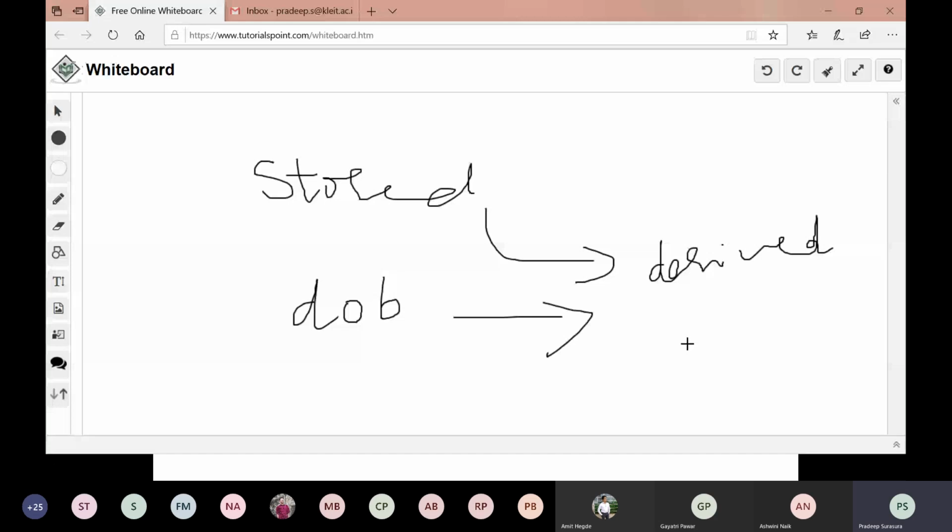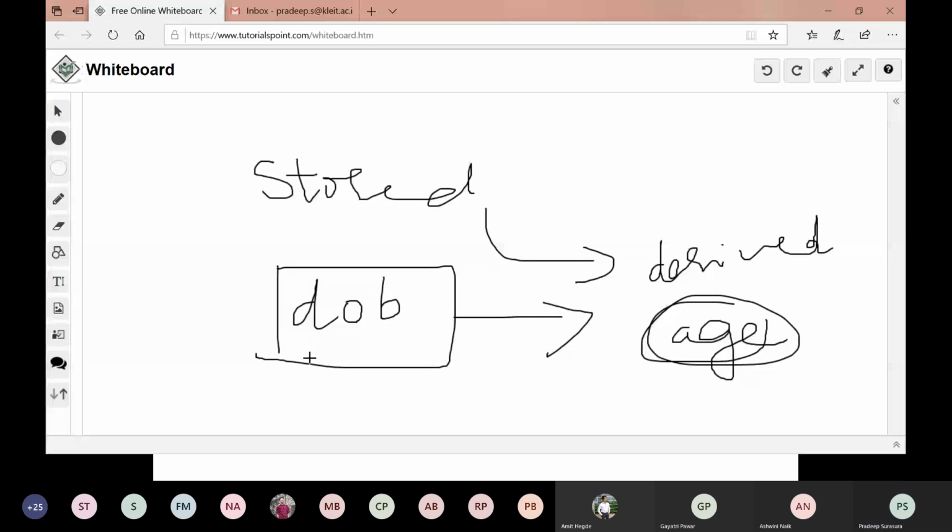Through date of birth, I will try to find out age. Date of birth will remain the same, age keeps on changing.